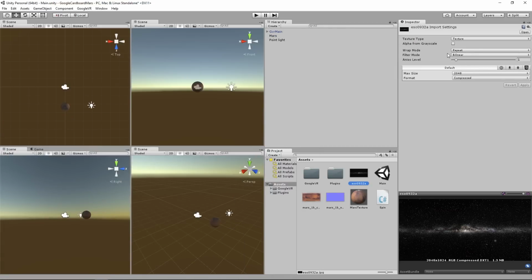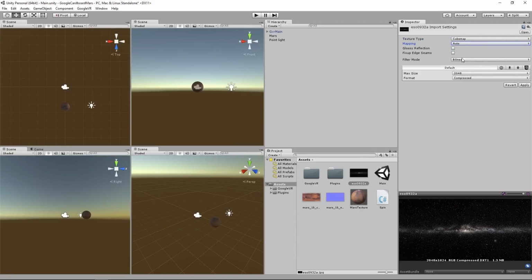Unity will by default import this as a texture, but we actually want to turn it into a skybox. So we're going to pick from the type, and we're going to say that it is a cube map, and we're going to leave the mapping in order, but you'll see it can import different types of maps. We just leave it at auto,